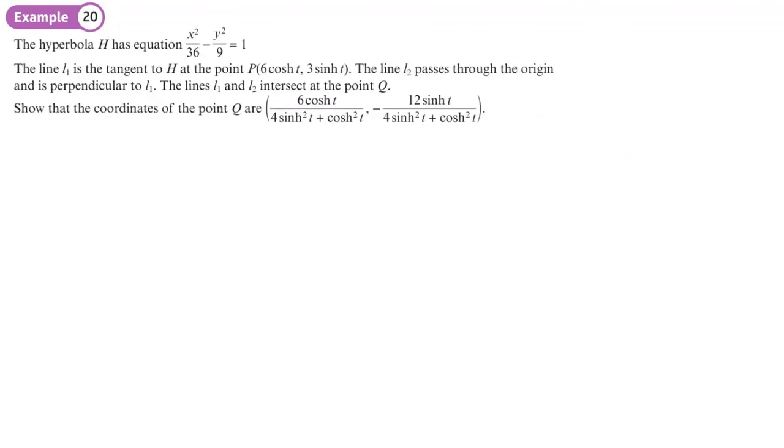Okay, so we have a hyperbola with this equation. The line L1 is a tangent to the hyperbola at this point. The line L2 passes through the origin and is perpendicular to L1. So if we can find the gradient of L1, we can find the gradient of L2. L1 and L2, these two lines intersect at the point Q, show that the coordinates of Q are this long thing here. So the first thing that we're going to do is we want to find the equation of this